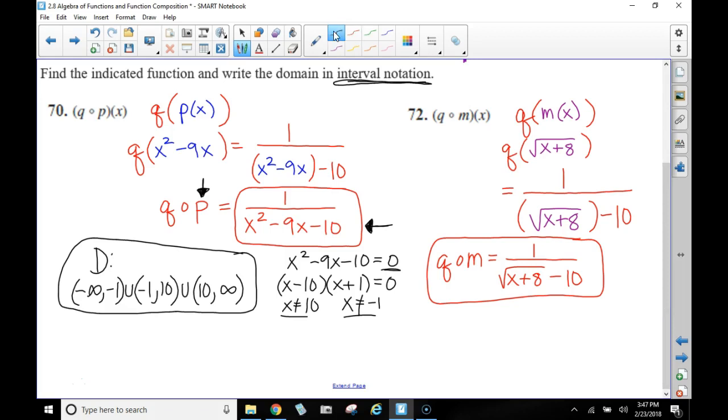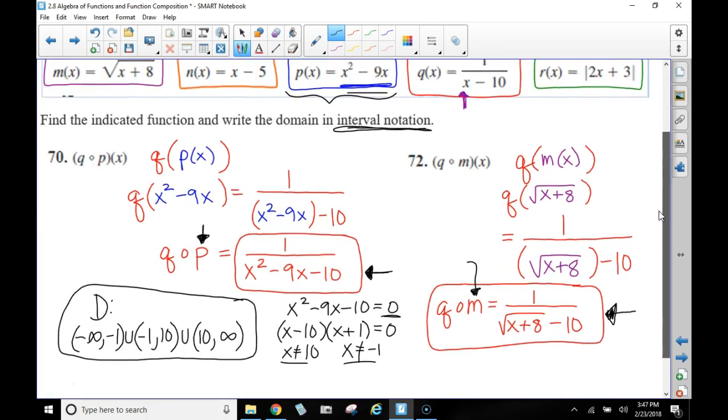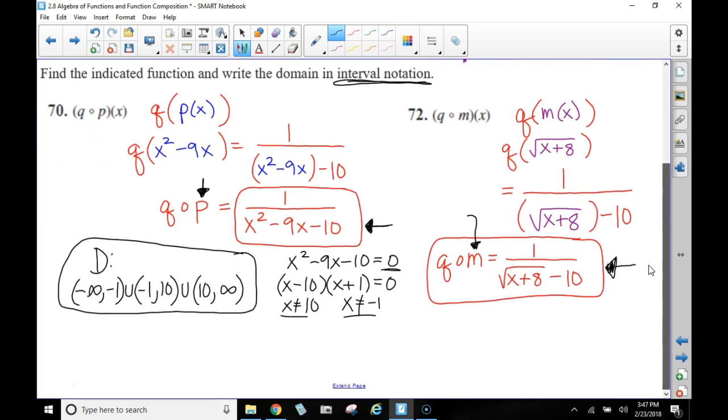Remember, not only are we going to discuss what values of x should be excluded for this composition function, q composition m, but we also have to look at what needs to be excluded from just m. We're going to hit it at the same place down here for our domain issues. First of all, we can't have values of x that will give us 0 in the denominator